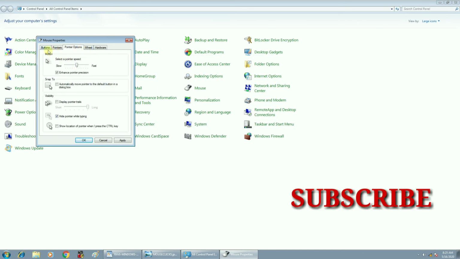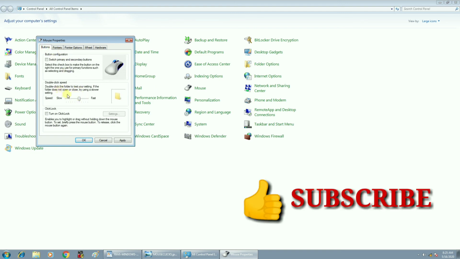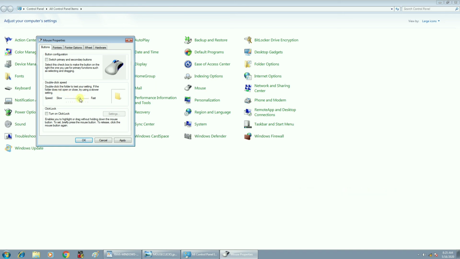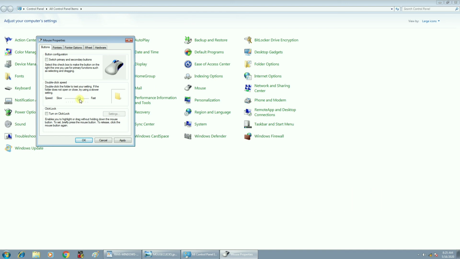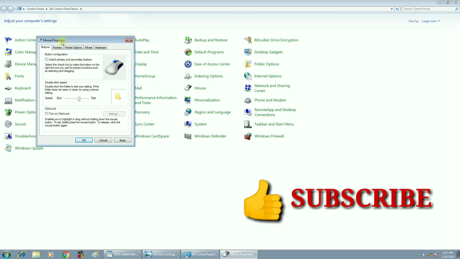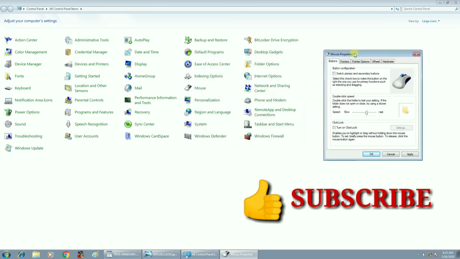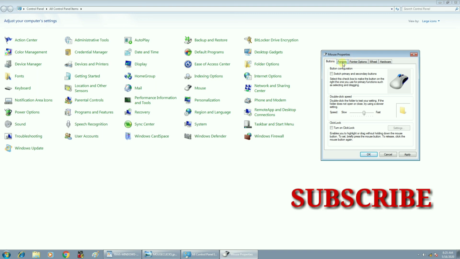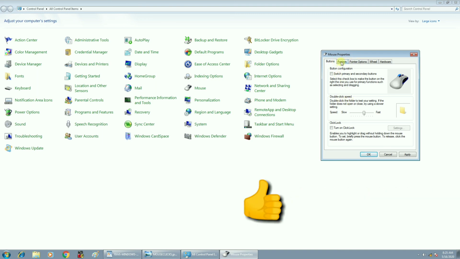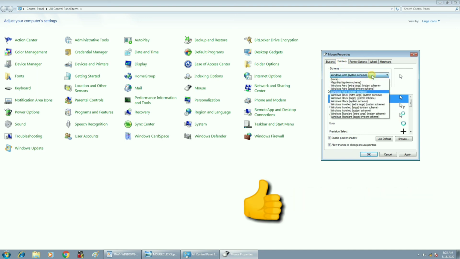You can change the button styles, and how fast it should work while using the double click. You can increase the speed also, but it is not good. If it is comfortable to you, you can keep it as it is, but you have the freedom to change it. This is called the mouse properties dialog box. In this you have several options. In the button properties you can change the button style, such as double click speed. In the pointers tab, you can change how the pointers look. We have so many options here.